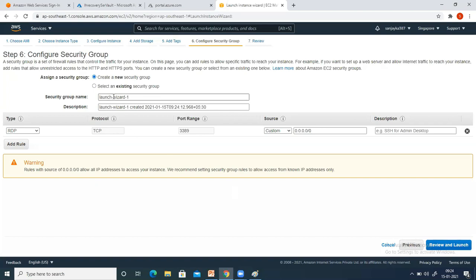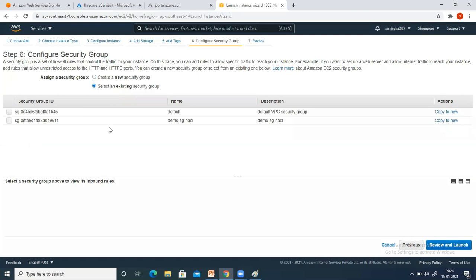If you give the name and select your port numbers, you can create it. But the second option is to select an existing security group. If you have created something already, you can select it. Click on this, and you can see demo-sg-nacl is already showing up here.